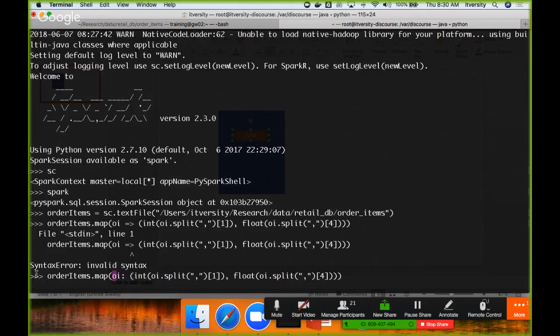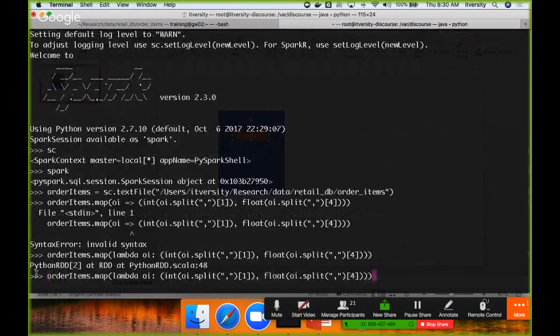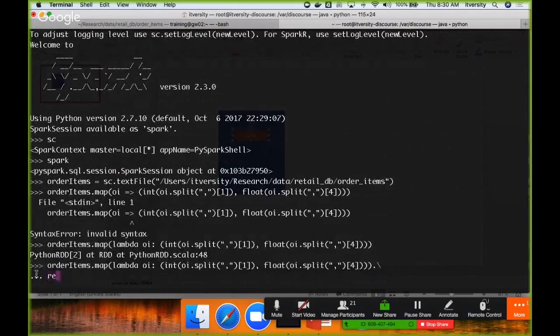Just a syntax difference. And then if I want to break the code into multiple lines in Python, I have to use this backward slash. I can say reduceByKey